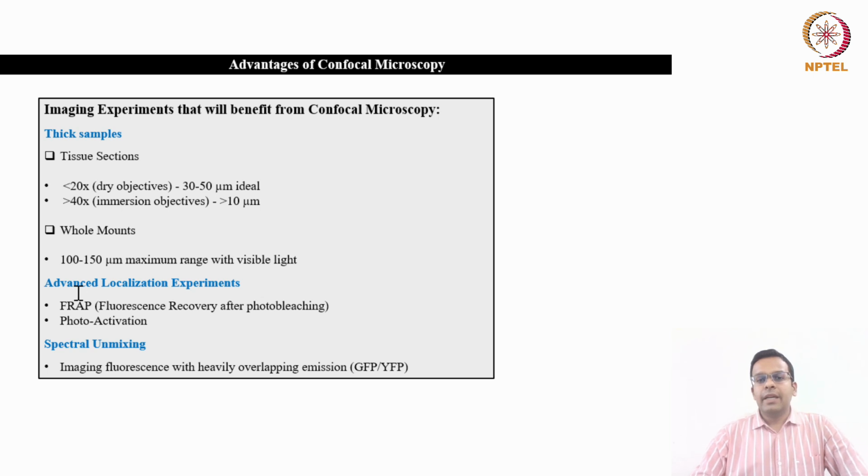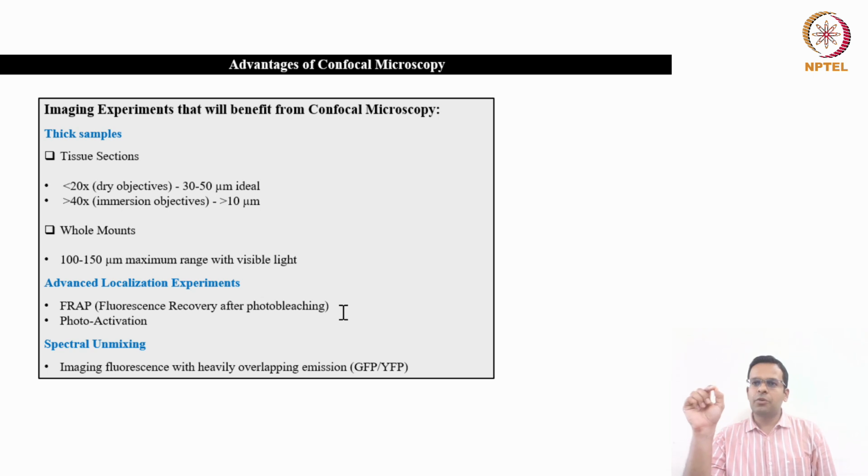Confocal is unavoidable if you want to do photobleaching based experiments such as FRAP, fluorescence recovery after photobleaching, that we studied in one of the previous classes. For FRAP analysis, you have to make a specific ROI to bleach one particular area of your cell. That is not possible with wide field illumination, because with wide field you cannot focus the light on any small part of your sample, whereas using a laser you can focus that light specifically on one particular part of your sample, and you can bleach specifically. So for any photobleaching based experiments, you should use a confocal microscope.